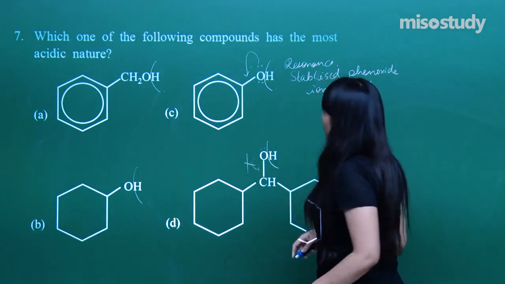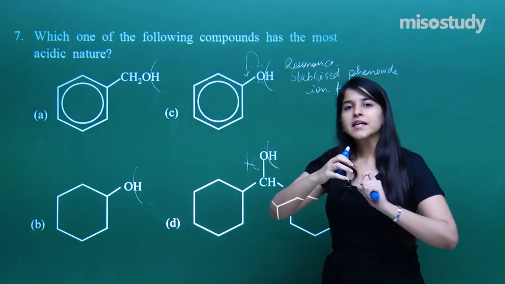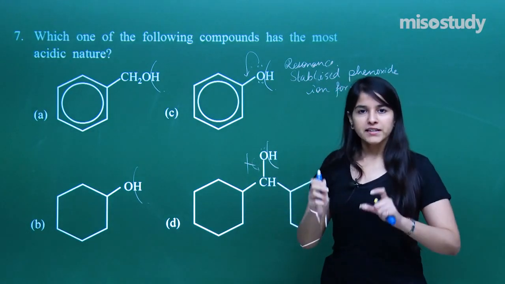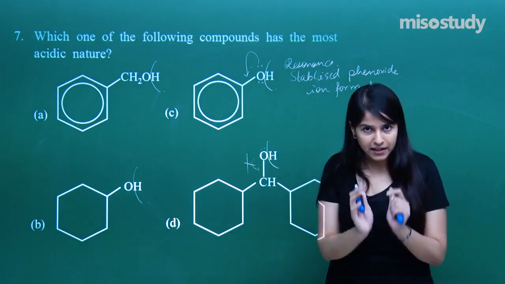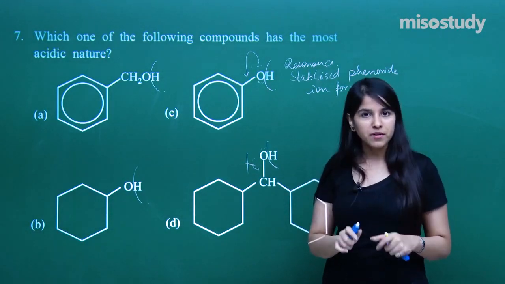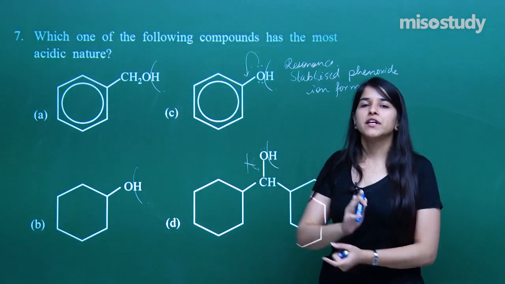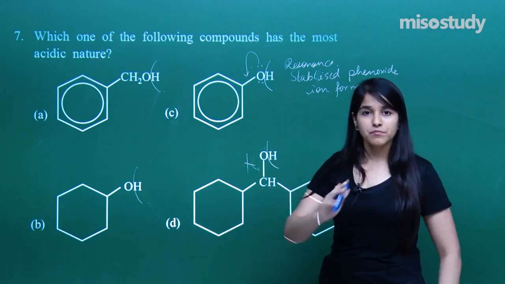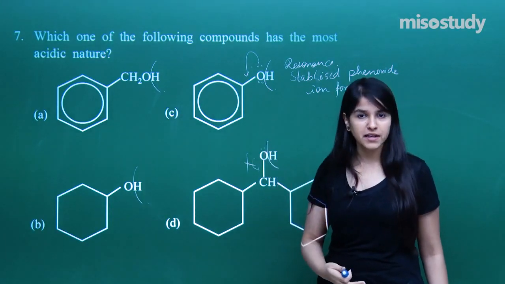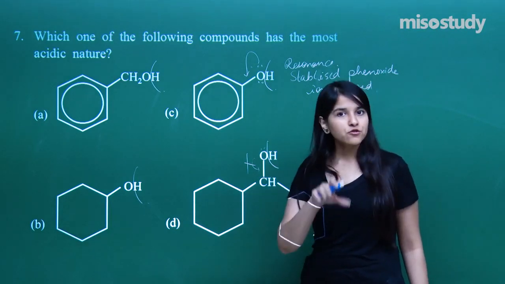So there is another approach while checking the acidic nature of a compound. First, let the H plus go off. Then what you attain is an anion. If that anion is very stable, in fact resonance stabilized, then there is the possibility of losing the H plus very easily in order to have a stable resonance stabilized anion. So that is also an approach.